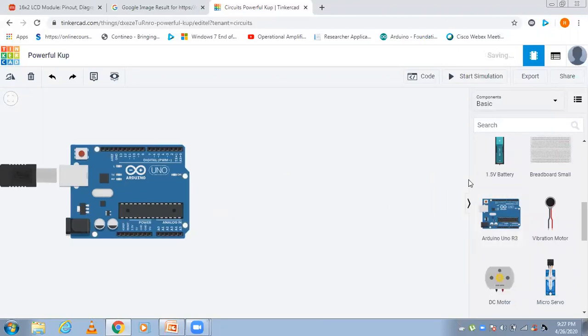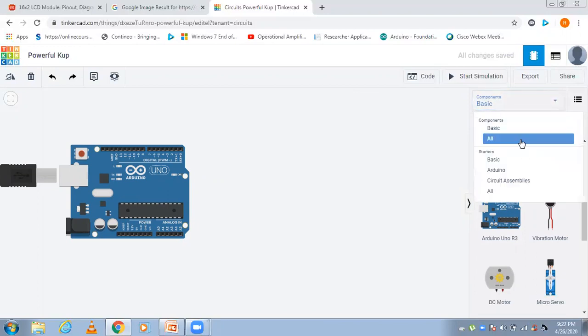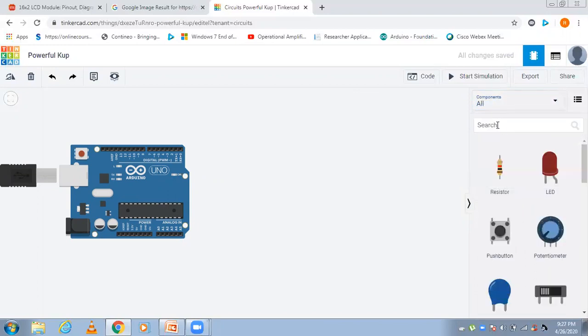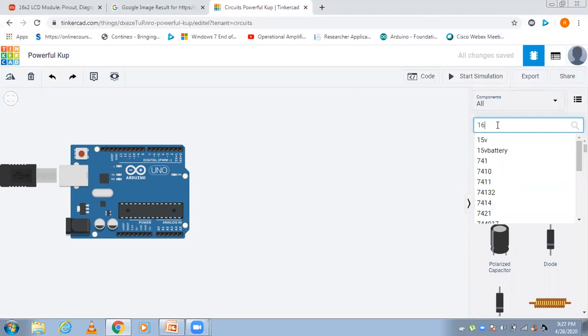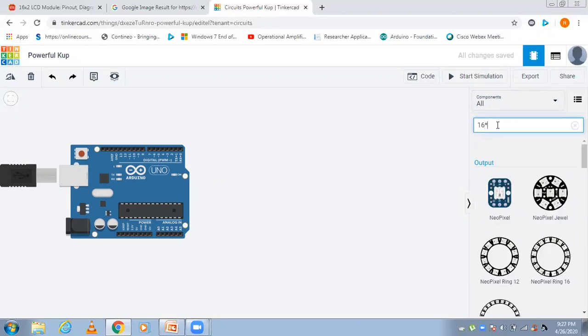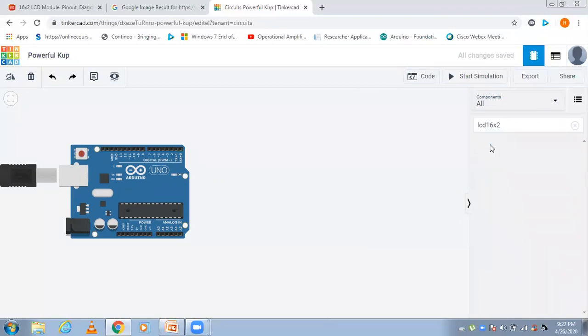Then what components do you require? You need to get the LCD 16 cross 2. You will not get it in the basic components, so select here for all components. Now you can select your 16 cross 2. The 16 cross 2 LCD already came, right?